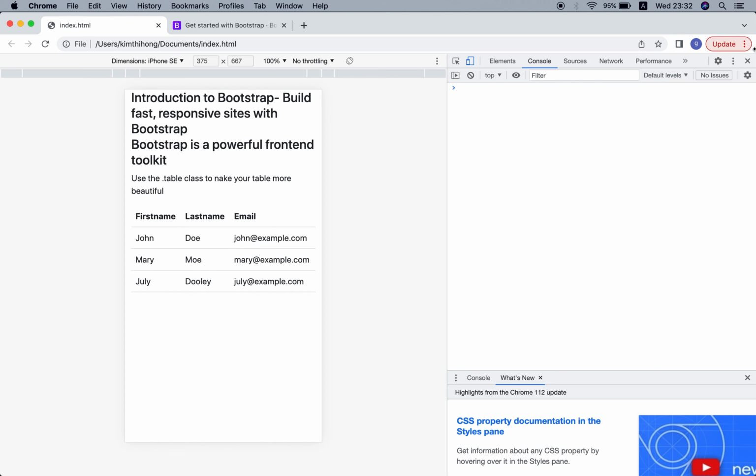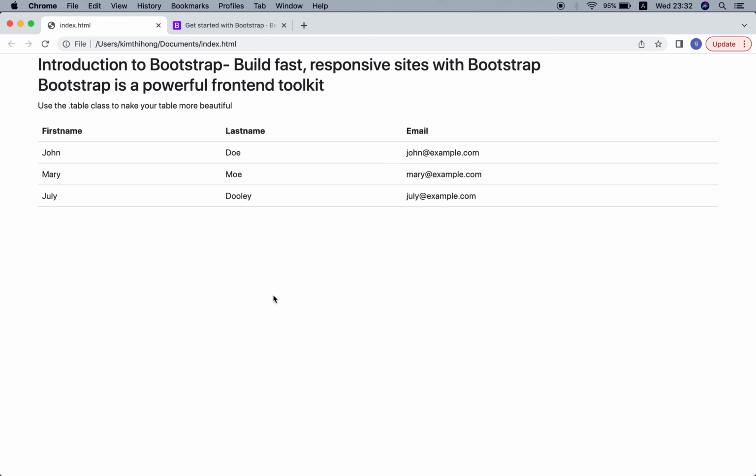Okay, so with the container class our website becomes responsive to devices and to various screen sizes. And remember that with just one line, the table class, you can transform the table, and that's the power of Bootstrap.